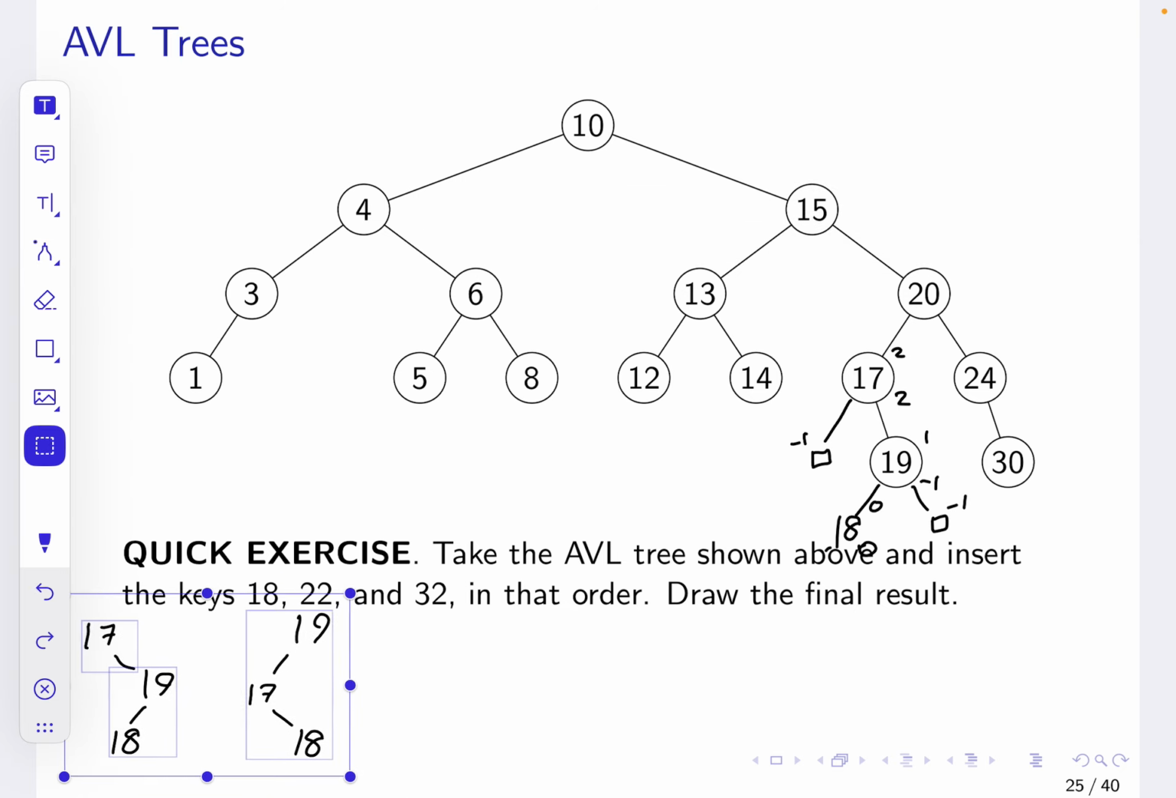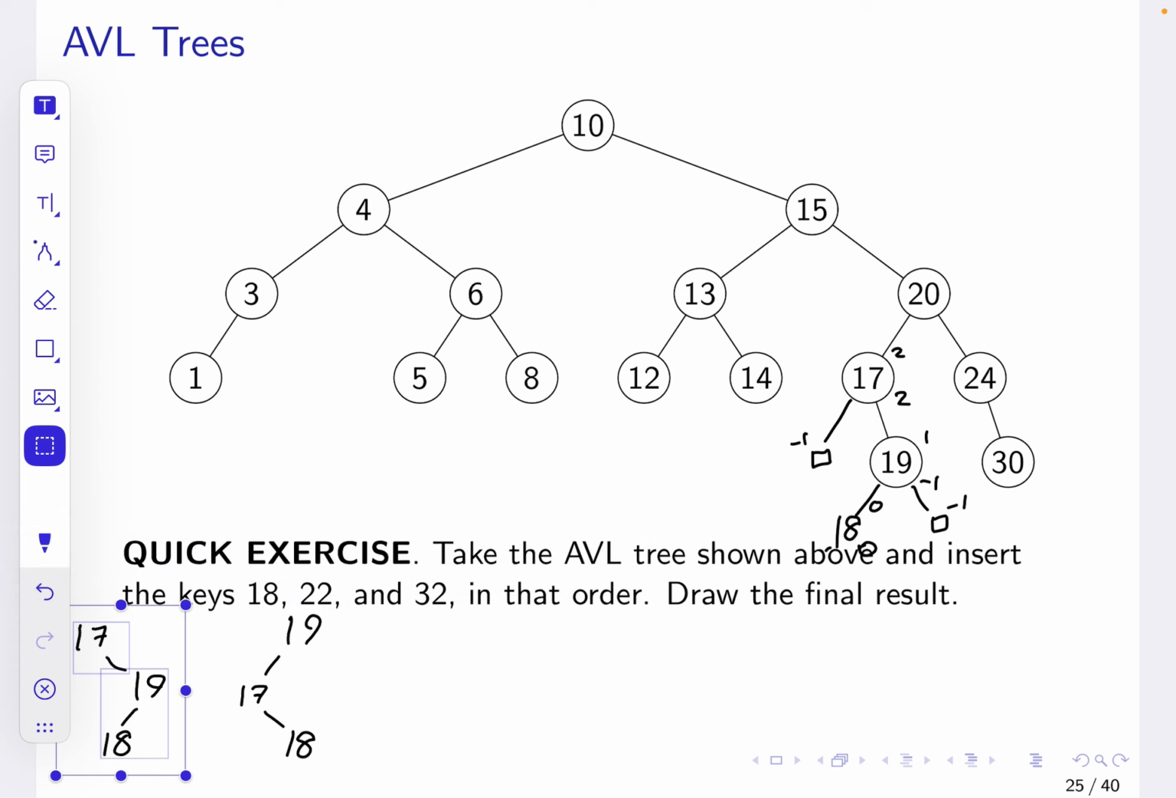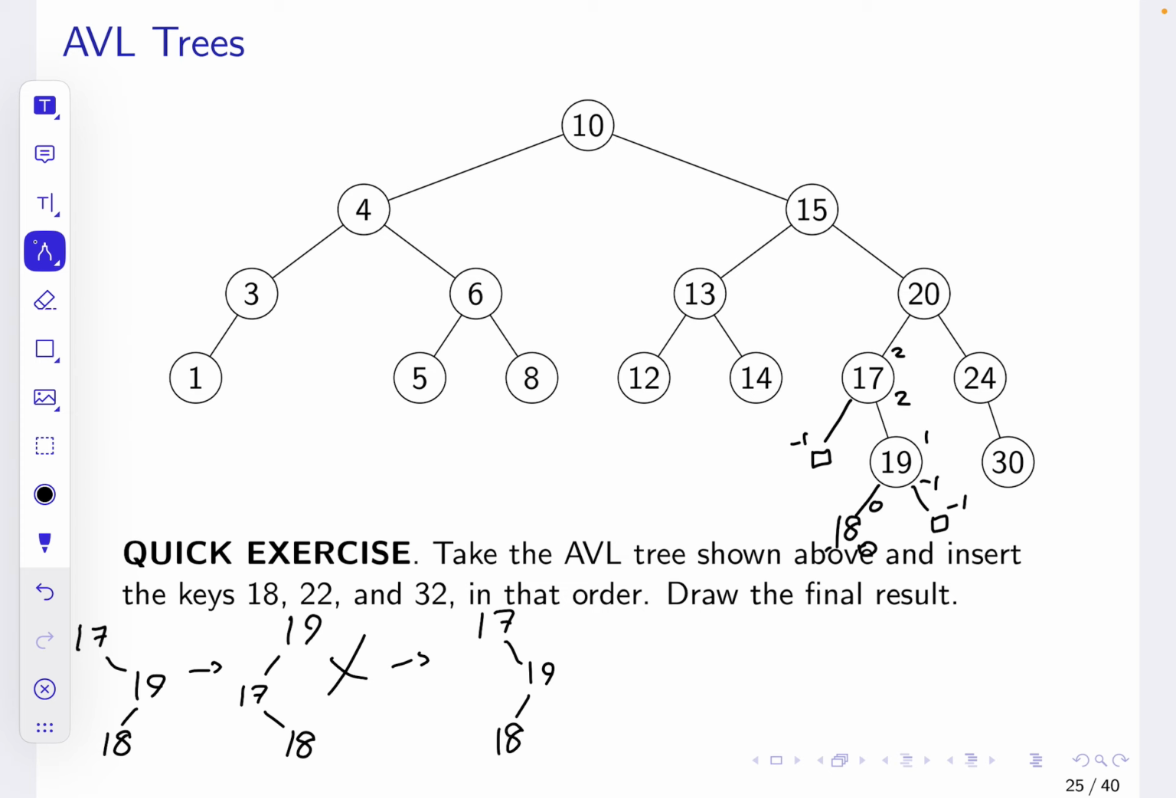Ooh, I just realized that I have a ton of space along the bottom. Cool. So I'm drawing a big X because it's wrong. And then we're going to revert back to the original subtree and do a